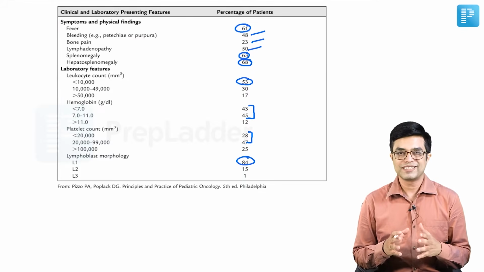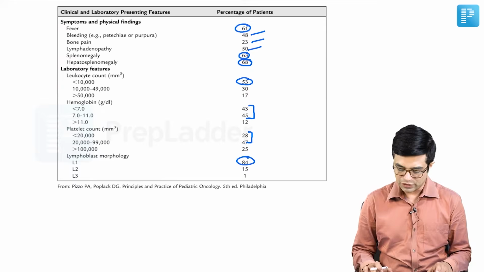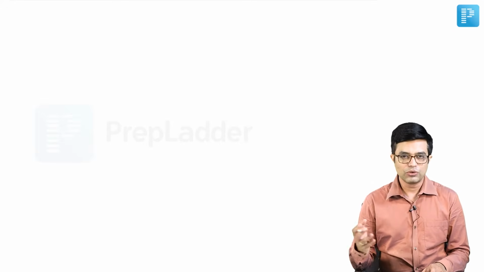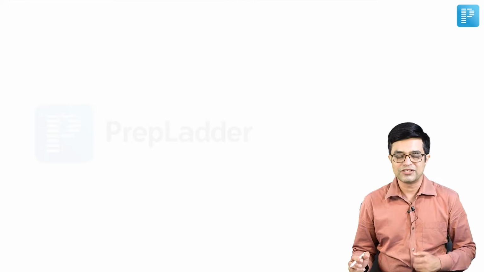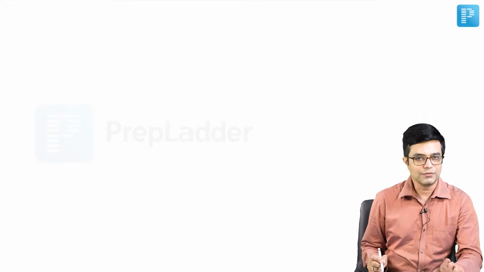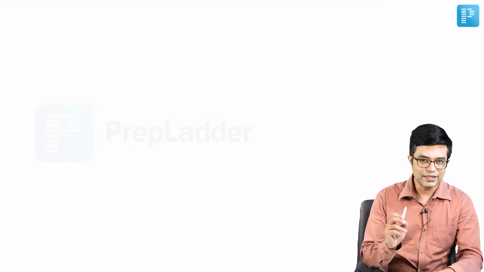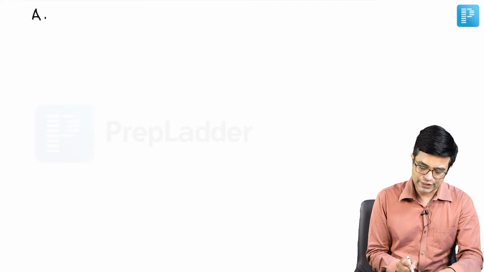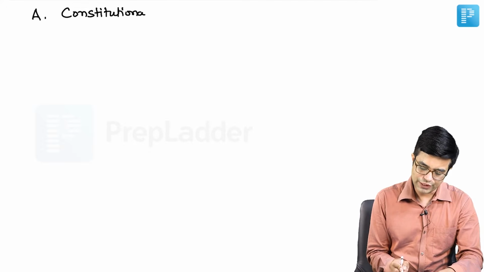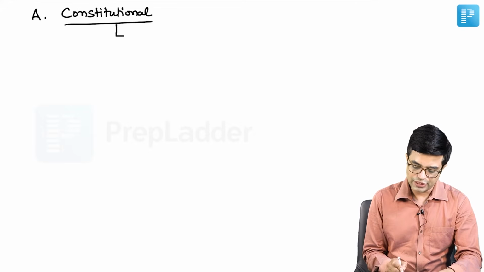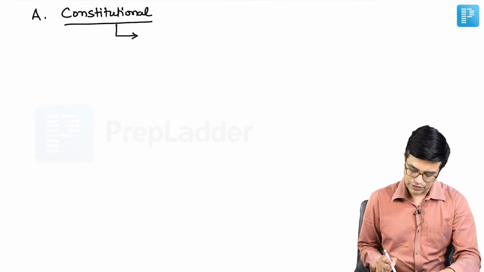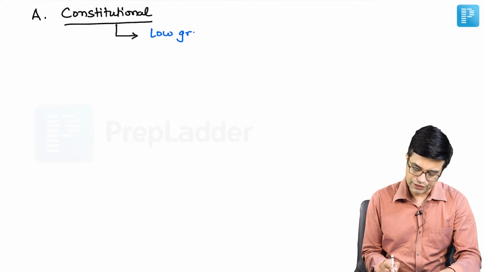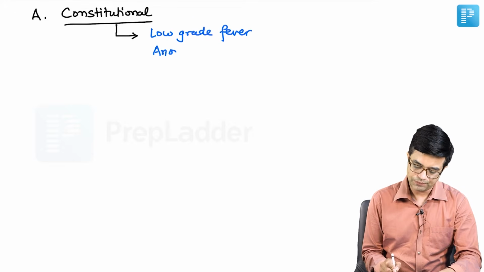From an entrance point of view, from a simplistic point of view, let us try to remember the clinical features rather than simply going through back and forth as it is mentioned in some of the Western books that you read. We'll do it in a systematic form. So whenever you have to talk about signs and symptoms of ALL, the first category will be constitutional symptoms. Whenever a child of ALL comes to you, the features initially are constitutional and non-specific. So these children will have features like low-grade fever, which will often be intermittent in nature. You will have anorexia, you will have irritability,